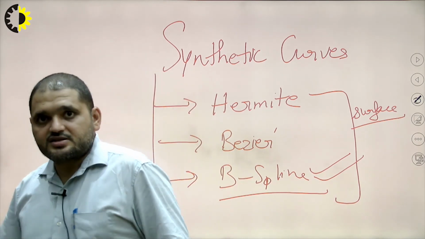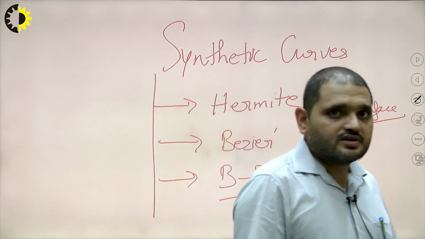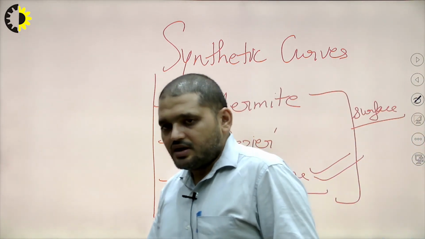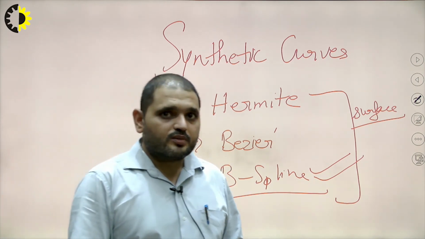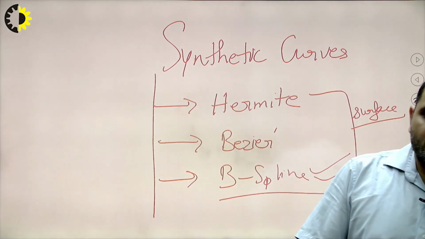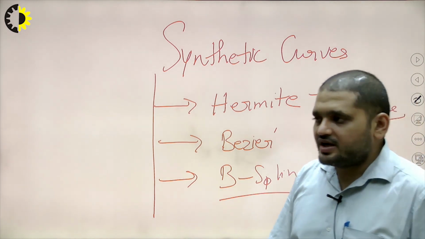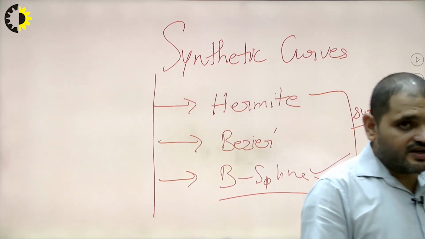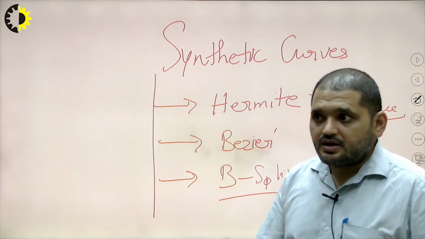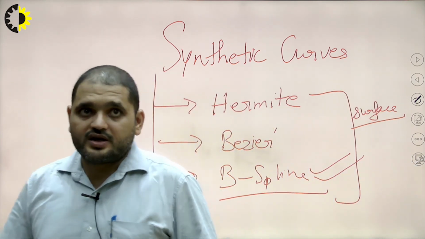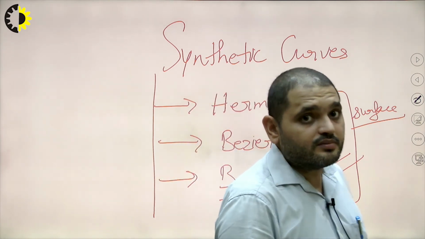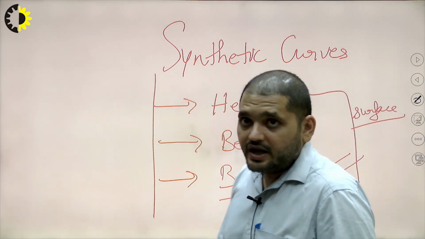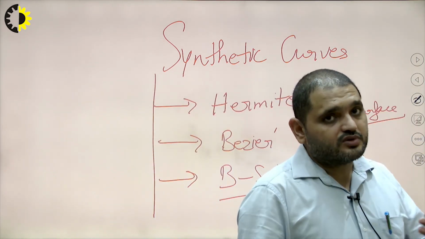Okay, so in our next lecture we will learn about synthetic curves, how we can draw and generate them, what their properties are, and we will also do some numericals for generating synthetic curves for Bezier and Hermite. Obviously not for B-spline; B-spline has many advantages, but generating the points for B-spline curves is a very lengthy process and requires lots of calculation. So generally with the latest software like MATLAB, we can generate the points of a B-spline curve, and the more points we generate, the smoother the curve will become.